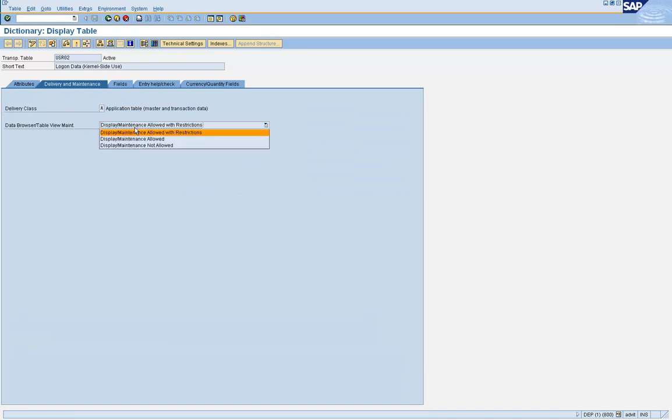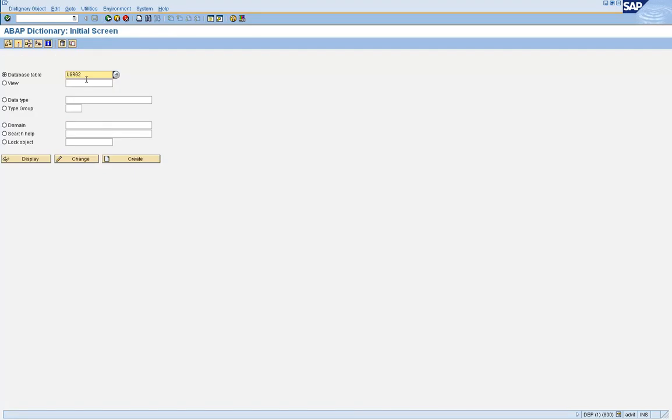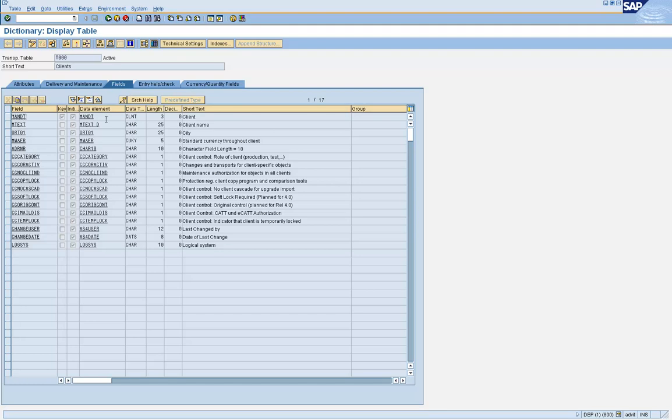This setting, like I said, controls whether you can maintain the data in the table directly or not. So any table which has display maintenance allowed, using SE16 you can directly maintain data in that table. USR02 is not one of those tables. So let's go to table T000, which contains the clients list in the system.